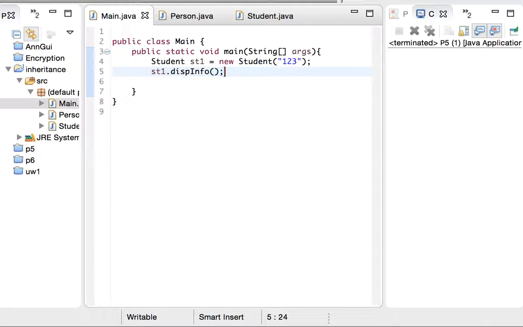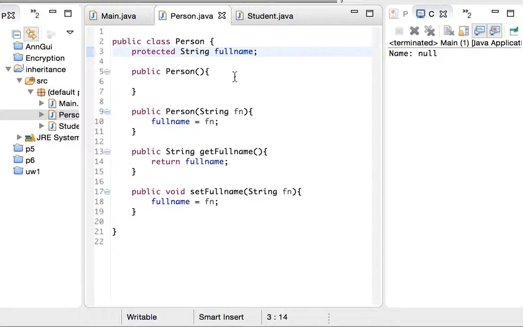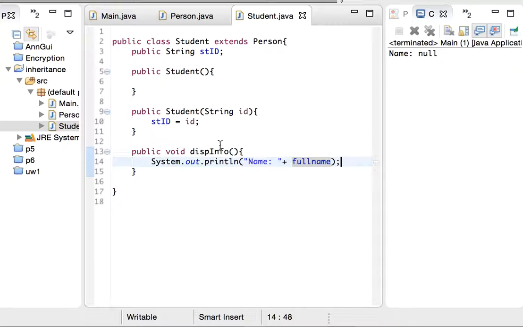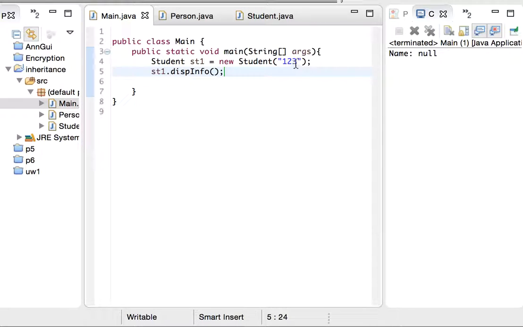If I run it, okay, it says name is null. Okay, because in the full name, okay, so here in displayInfo fullName is null, so we have not assigned anything to it. Okay, so I hope it is clear so far, and then we will continue on this code in